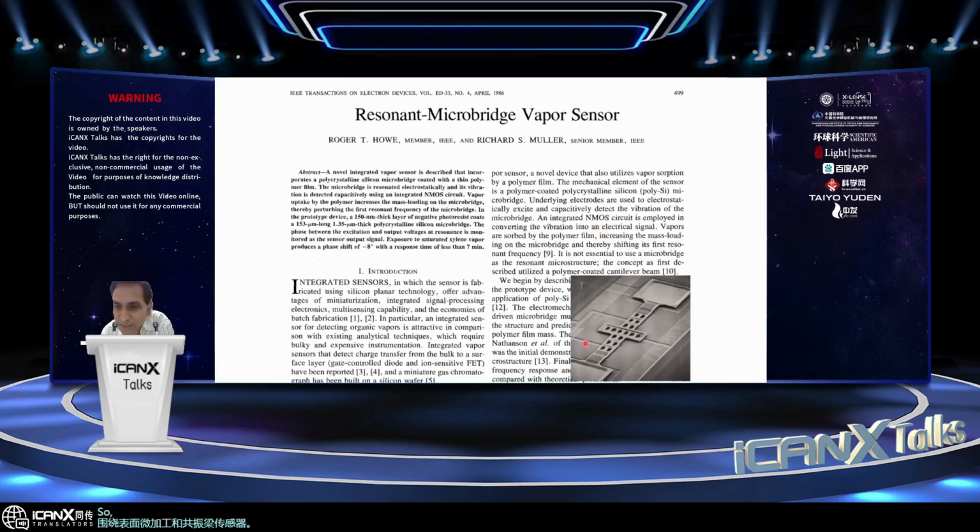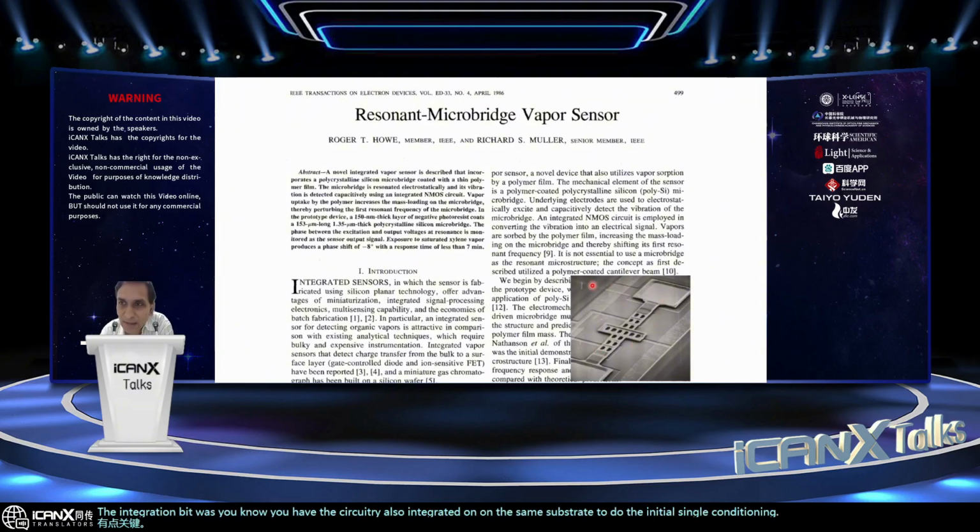So in his PhD thesis, what you see here is the surface micromachined structure that is made responsive to certain types of chemical signatures through a mass loading phenomena. And that results in a shift in frequency, and the key integration bit was, you have the circuitry also integrated on the same substrate to do the initial signal conditioning. So this was one of the landmark papers